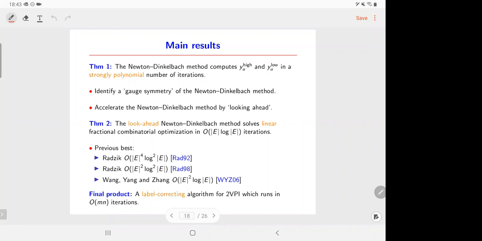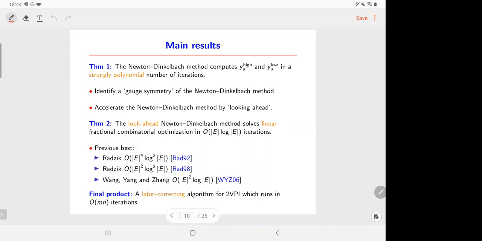So here are some of our main results. We were able to strengthen Madani's analysis by showing that Newton's method in fact computes yu high in a strongly polynomial number of iterations. And this is achieved using two main ingredients. The first is that we identify a so-called gauge symmetry of Newton's method. The term gauge symmetry comes from physics, and I have to admit I don't understand the physical interpretation of that. But in the algorithmic world, what it means is that